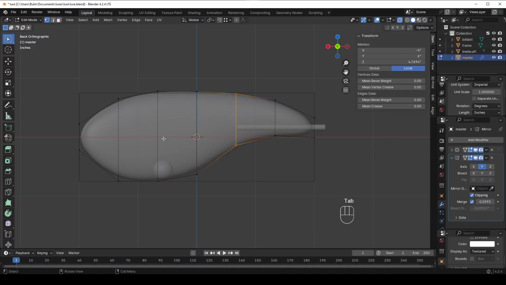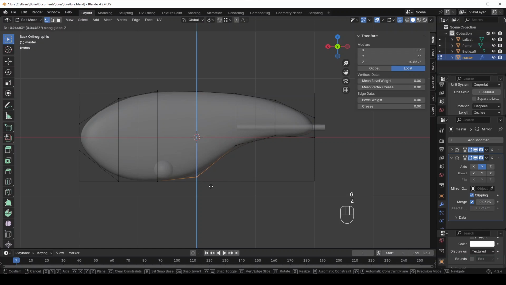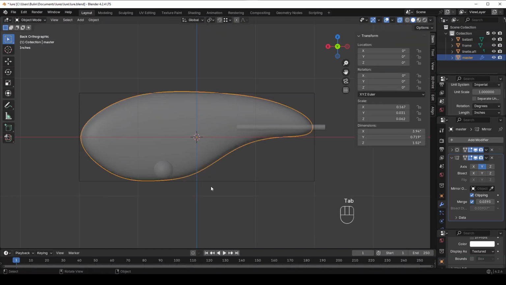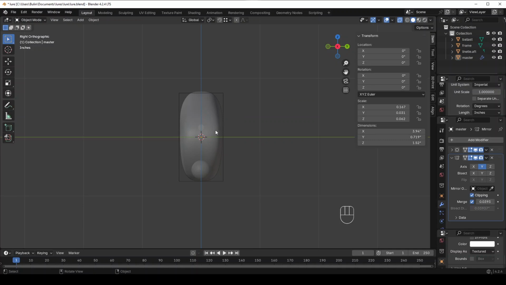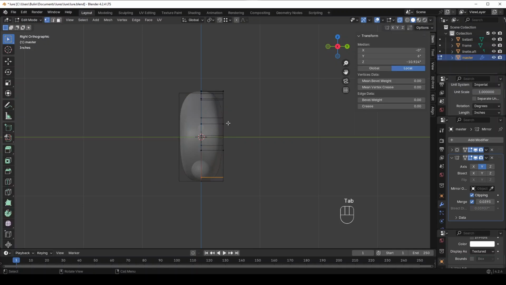Now, let's go back in. I want to move this down a little bit. G to grab, Z. That's probably about right. Now the next thing we're going to move to the face. So the X moves us to the front of the lure, and we're going to be looking back. So hit X, not positive X, but X, and select our master, tab in,